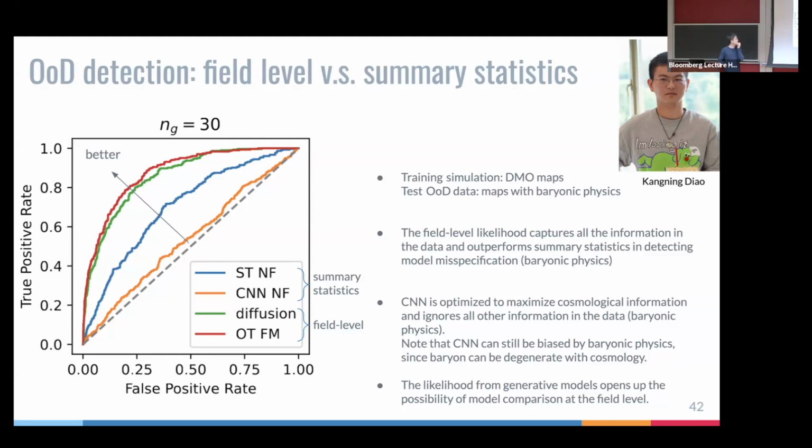I think it is the true field level in the sense that the likelihood you really get from this model is marginalized over the initial condition. So you can view that as some